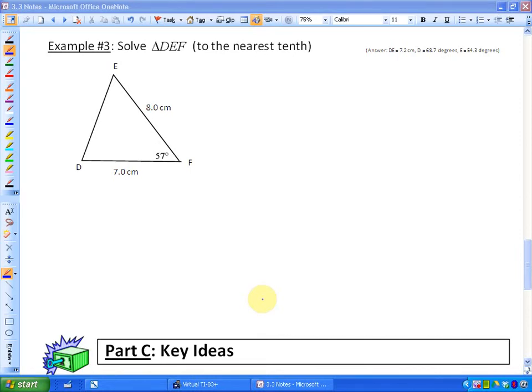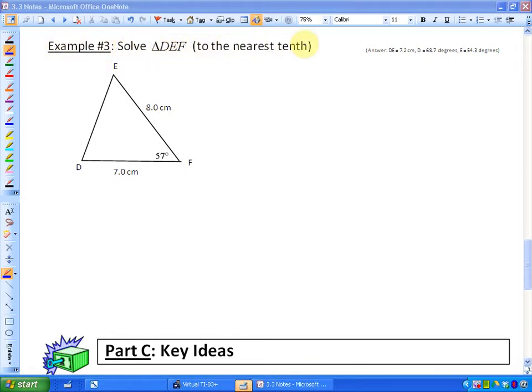We are going to continue looking at the cosine law and its applications. In the previous lesson, we looked at how to use the cosine law in order to solve for a side length, as well as how to use the cosine law in order to solve for an angle. This question, we're just going to do one of them, and then the key idea says solve for triangle DEF